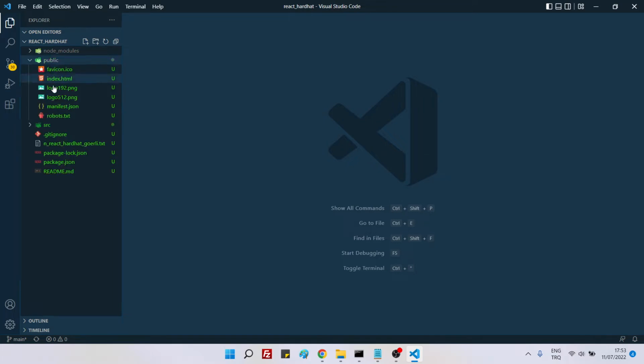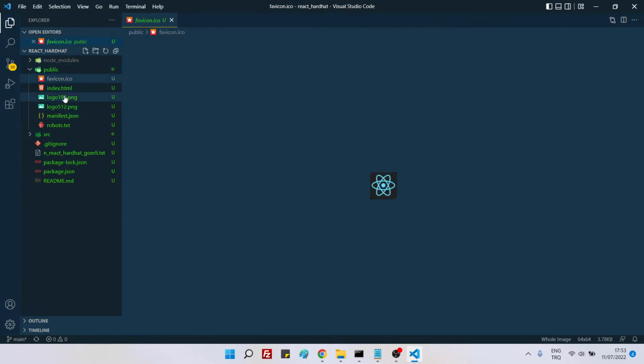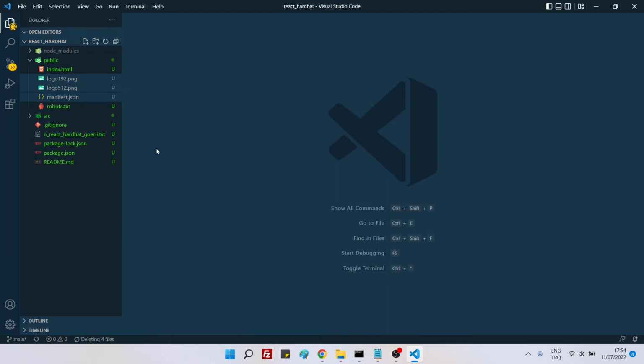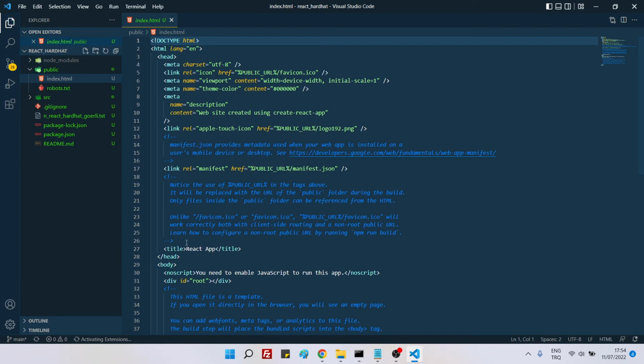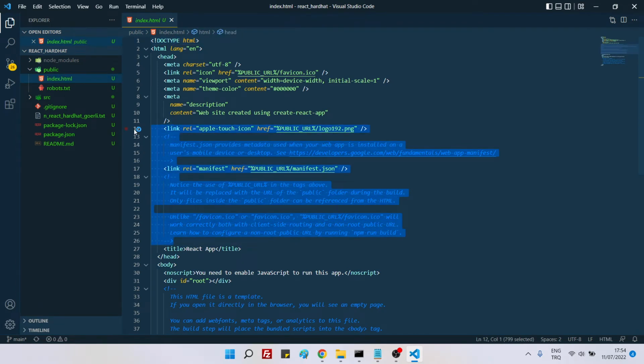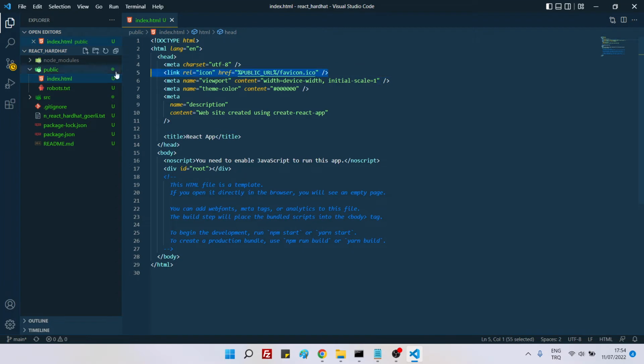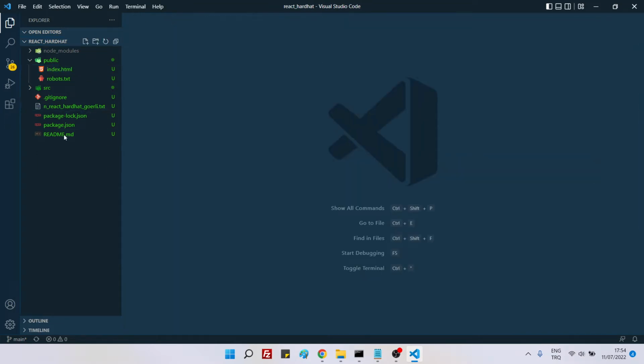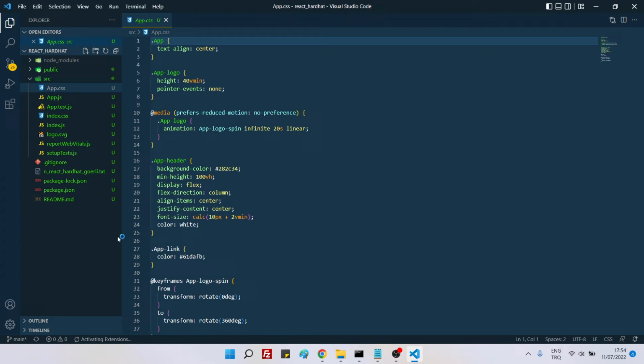So the first thing to do is to make some cleanup so that we will have a cleaner code base to work with, and also that we will have full control over our application. You can follow me and do the same steps. Just delete those links and then delete also this comment and close this, and then go to the source folder. We are finished with the public folder. Then in the source folder, delete App.css, App.test.js, logo.svg, reportWebVitals.js, and setupTests.js. Delete these five,